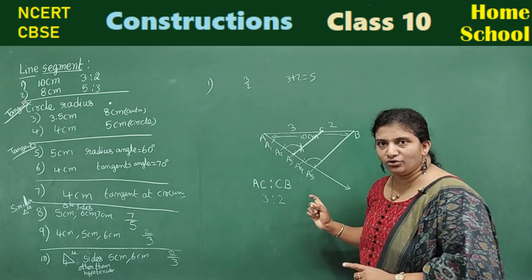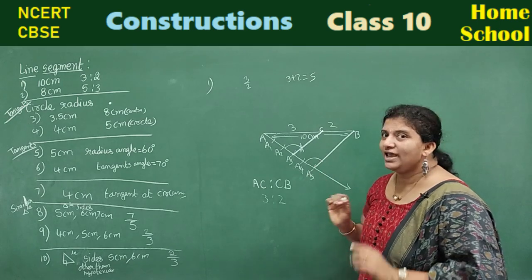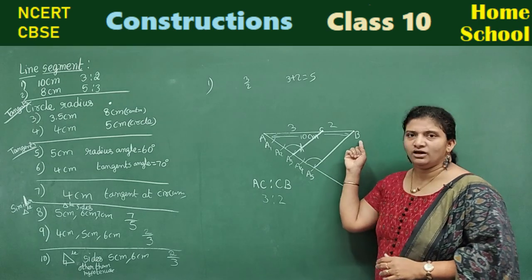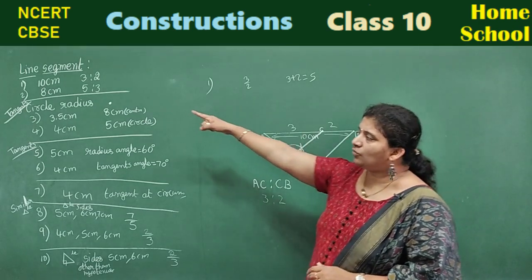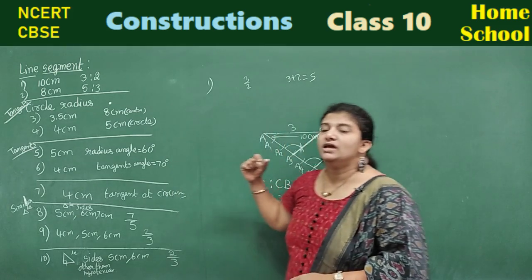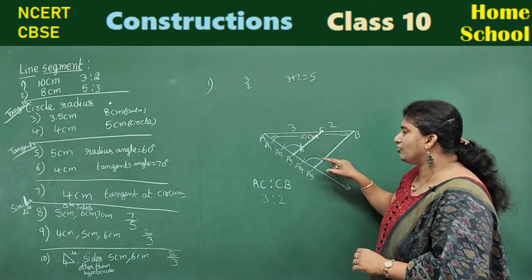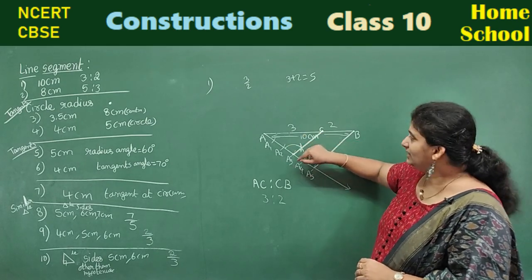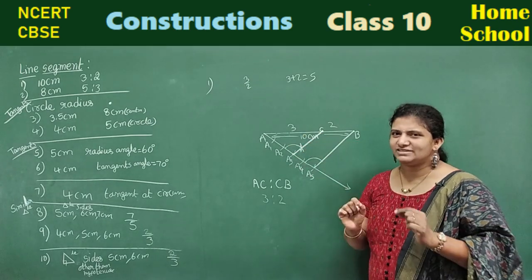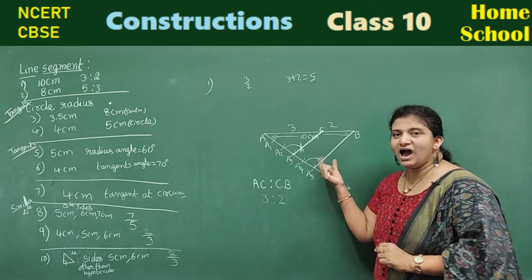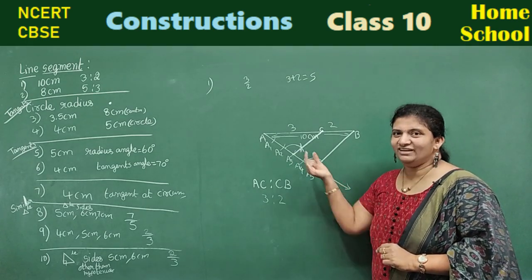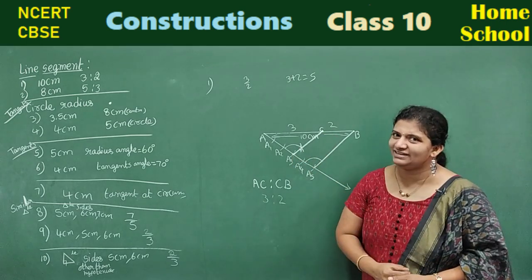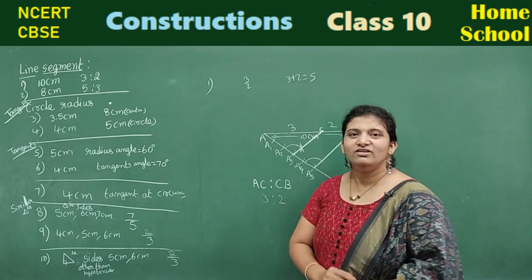Draw a ray which is acute. How many arcs are you going to draw? 8 arcs you are going to draw. From A8, join to B. And the numerator, what do you have? 5. Means from A5 onwards, you need to draw in this manner: arc, measure, cut, join. This is a phrase you need to remember. Arc, measure, cut, join. Okay, you are going to get the division of a line segment in the ratio 5:3.